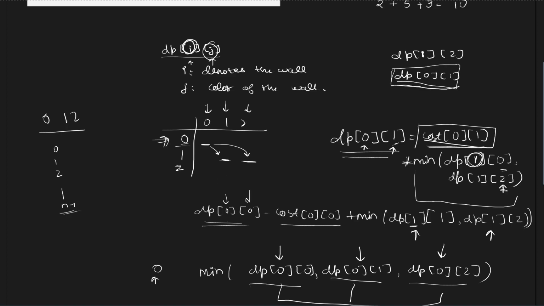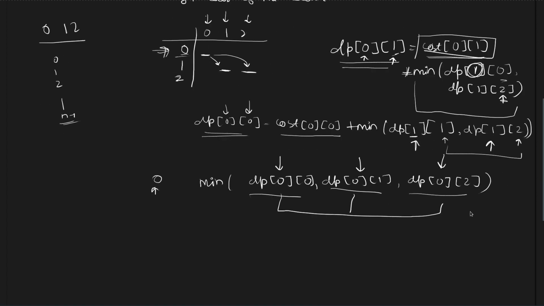I have taken the jth color, so I'll take every other color other than j, right? So in this particular case, the current color was 0, the other colors left with us were 1 and 2. So these were the colors that we'll have to consider and take in our final answer. After we have computed all the values for all the DP states, my final answer should be stored in the